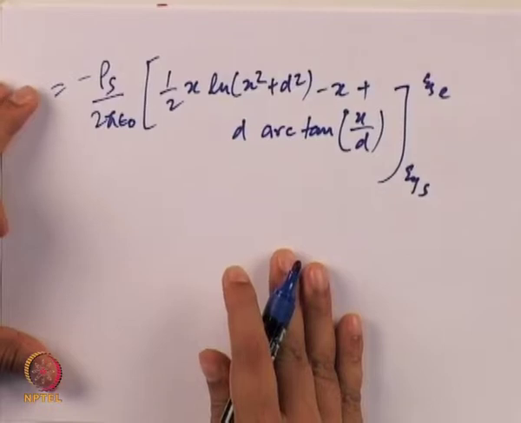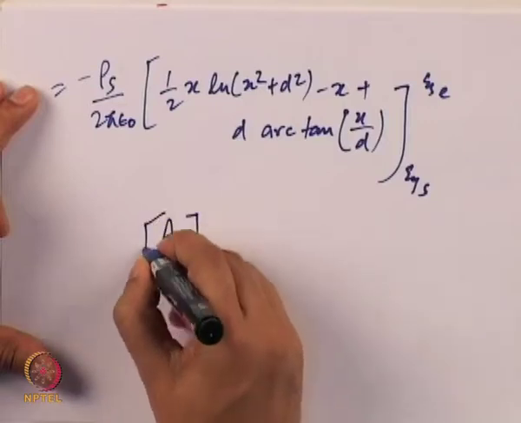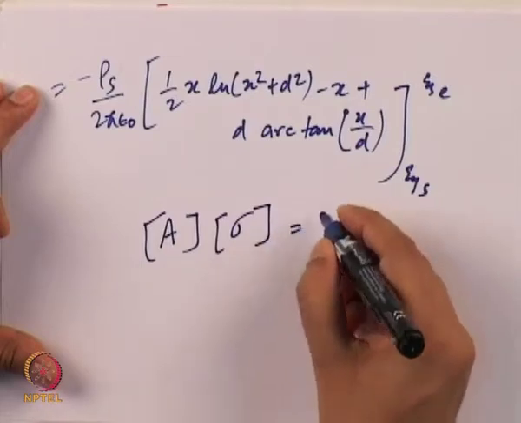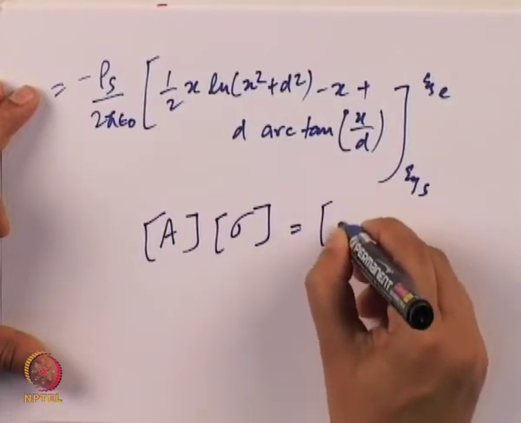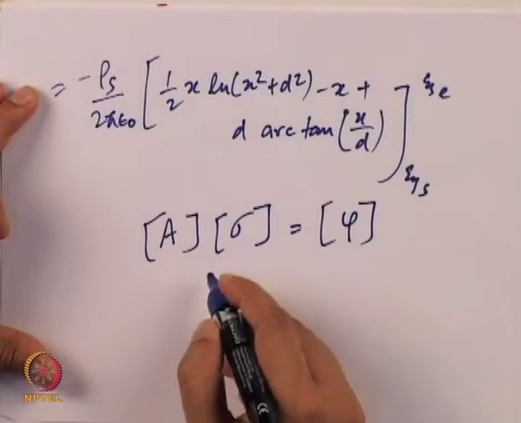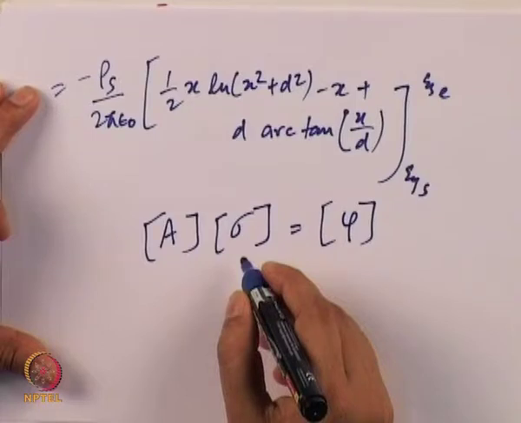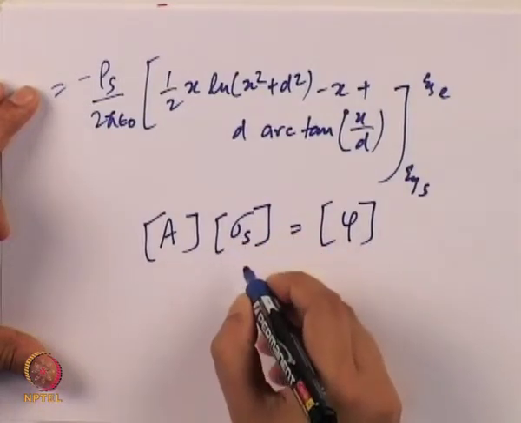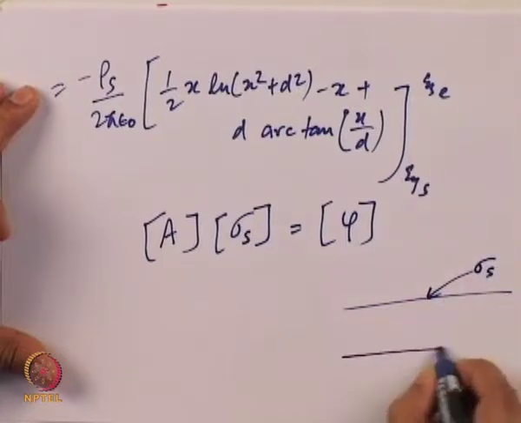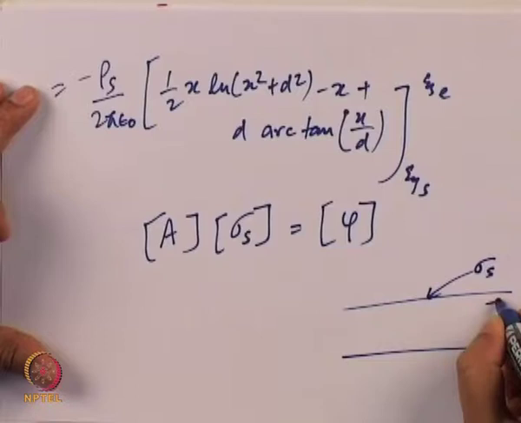Since it is a simple Poisson equation, what we get is a matrix equation, A sigma is equal to the potential, which is the phi that we are trying to solve, and once you solve this, what you get is the value for sigma, the charge density. We write it as surface charge density because we are interested in the charges that are on the surface of the parallel plate capacitor. If one side is rho s, the other side will be minus rho s,